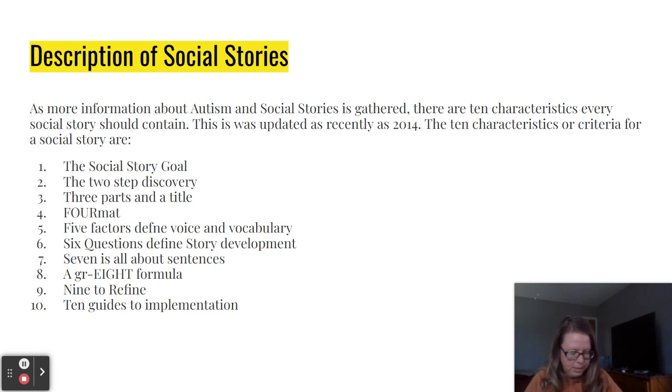Number 10, guides to implementation. The 10 guides to implementation ensure that the goal that guides story development is also evident in its use.